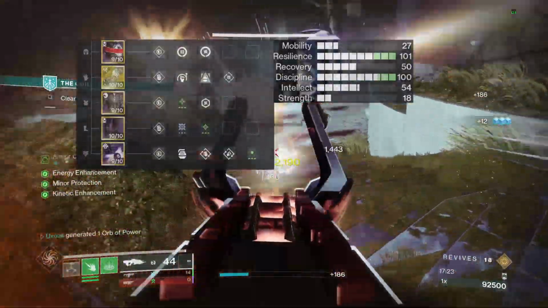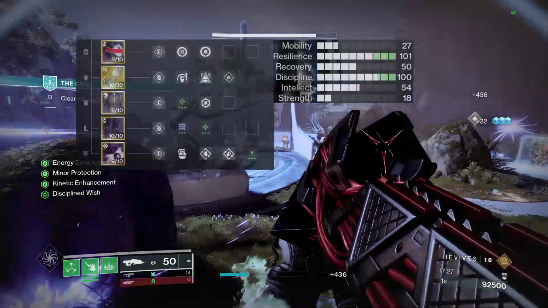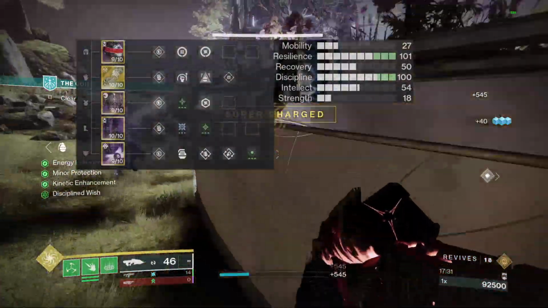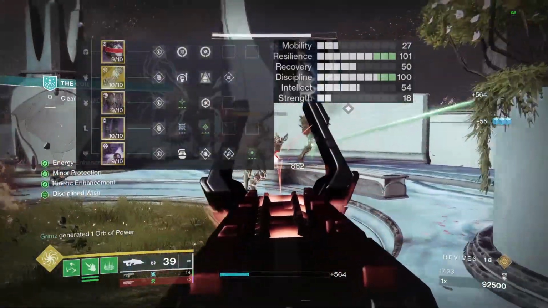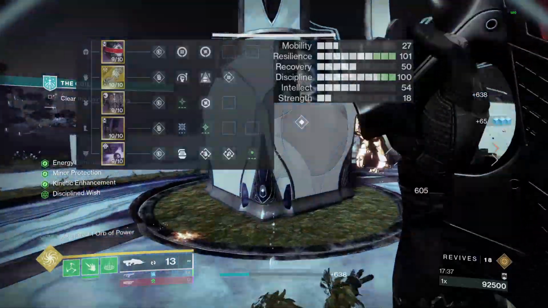Feel free to sub that mod out if you choose. Our chest is going to be our resistance mods. Cater that towards whatever activity you're doing or enemies you're having difficulty staying alive against. Our legs will have Stacks on Stacks and 2 Kinetic Surge mods to boost our primary damage, and our class